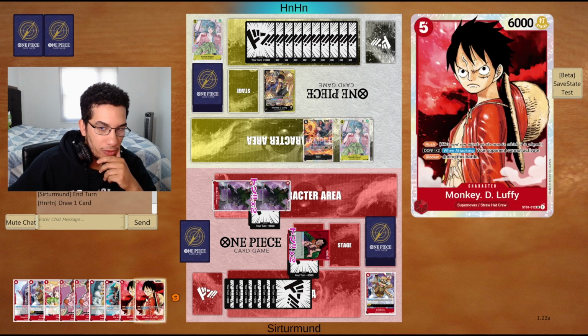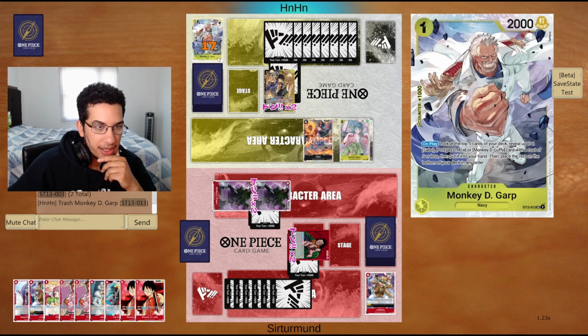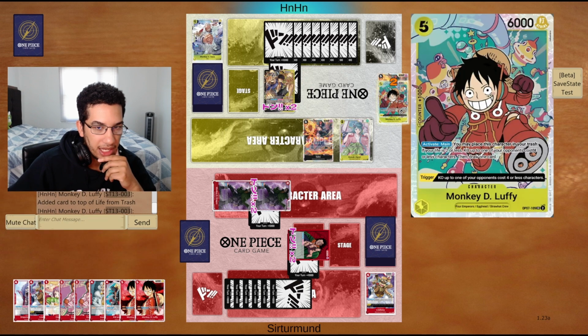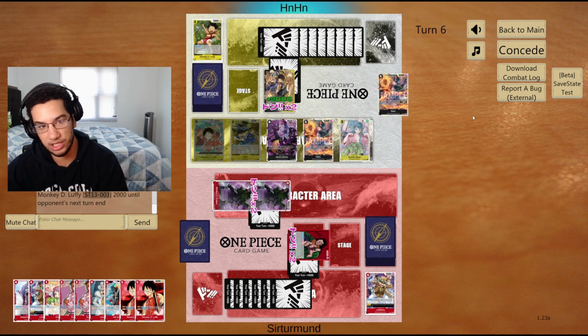So this is the thing. Luffy can attack for 11 through the Sabos. So if the opponent goes like... So they trash a Garp, they put Sabo and Luffy. They hit get... Okay, perfect. Perfect. So they have 0 cards, right? So Luffy is guaranteed to win us the game, unless they...